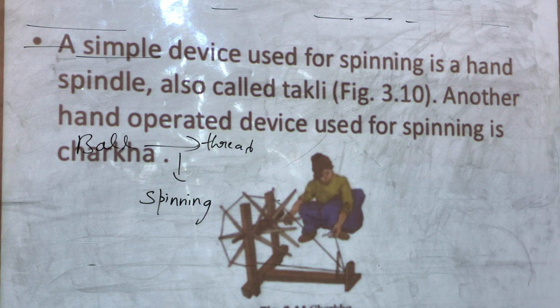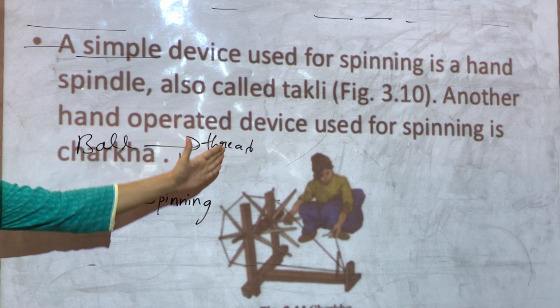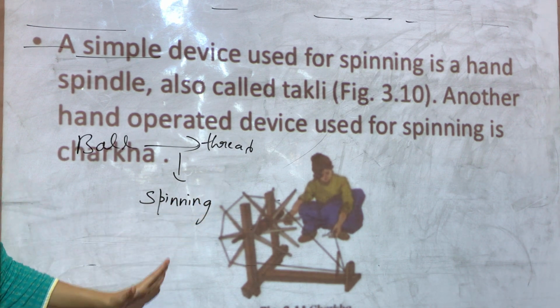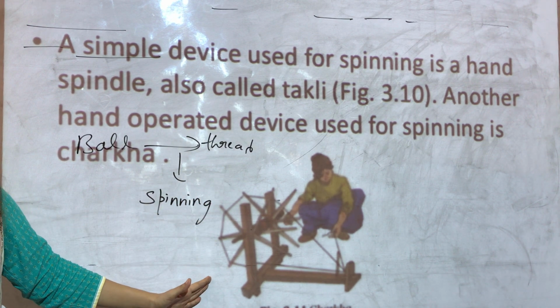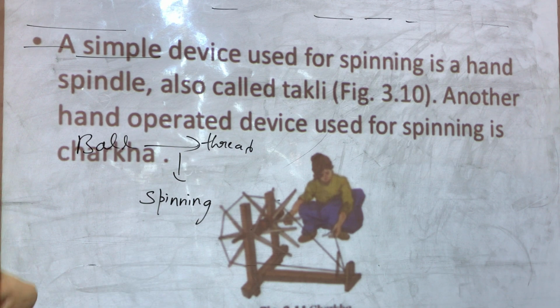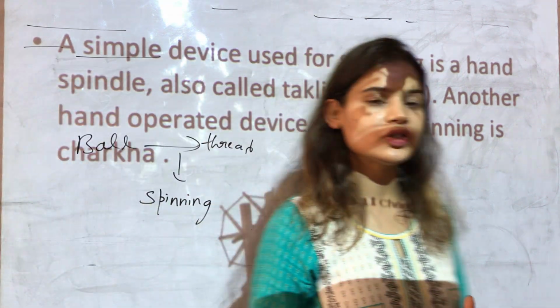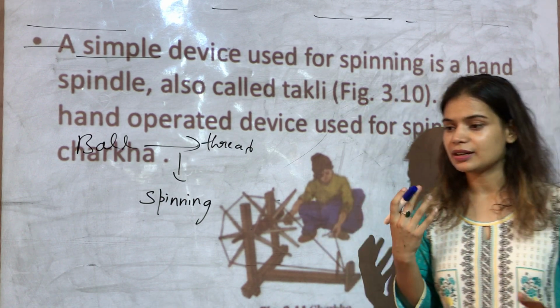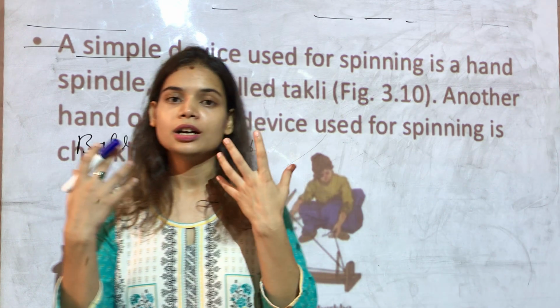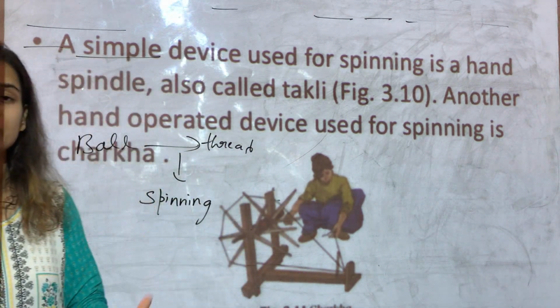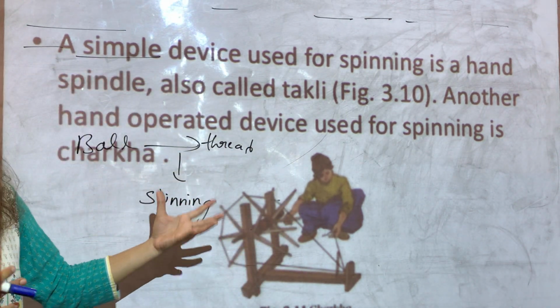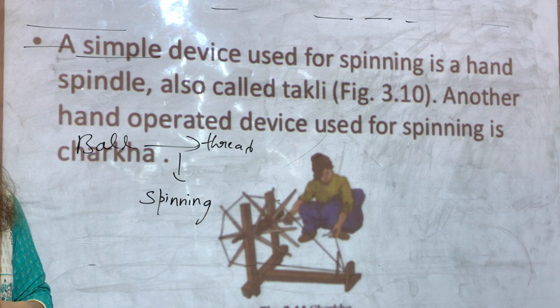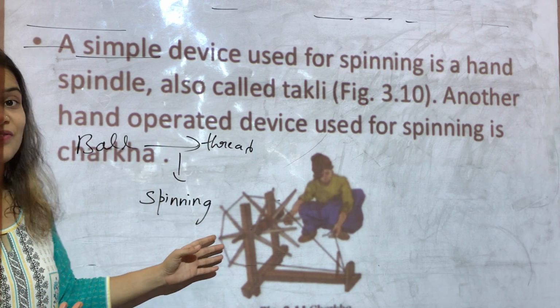And now this can be done by using charkhas, and nowadays we have machines also. But in earlier times people used to use this charkha. Have you seen Mahatma Gandhi ji using this charkha? He was the man who popularized this charkha. The main purpose behind this charkha is that, children, in earlier times we used to use a lot of foreign clothes. But during the battle for independence, Mahatma Gandhi ji encouraged Indians to use this charkha and make their own clothes using cotton. So this is what this charkha signifies also.